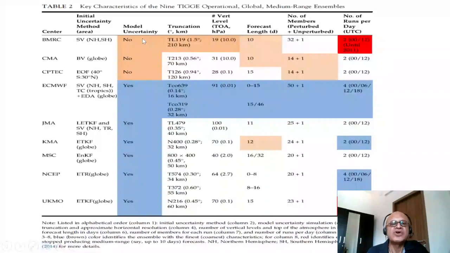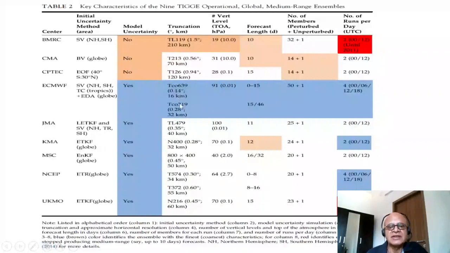Okay, without going into details, model uncertainty, is it depicted? No. Here some of them do that, explicitly. Truncation, so spectral models often call it truncation, how many waves you choose to represent. That corresponds to a grid resolution, of course. So TL119 corresponds to 1.5 degrees and 210 kilometer spacing. TL133, and so on and so forth. So again,